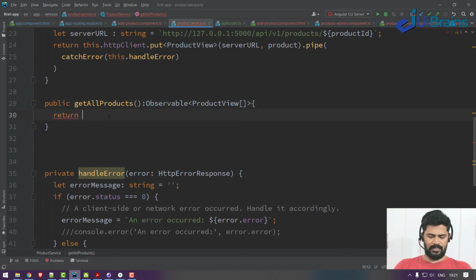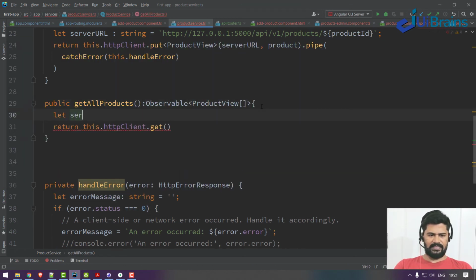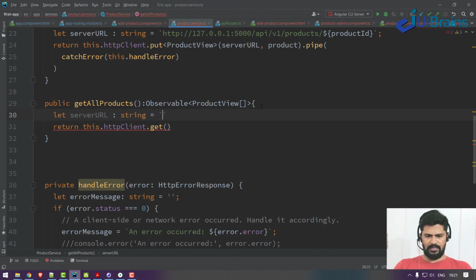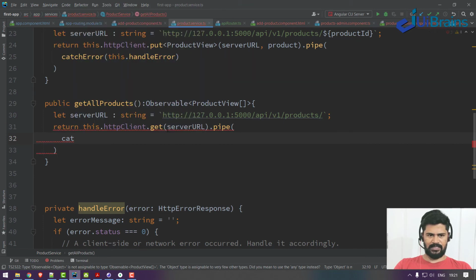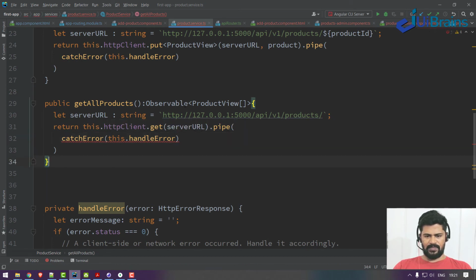Let's say return this.httpClient.get request to my server URL. Let's say serverURL of type string is equal to backtick. This is my server URL, so get request to the server URL, .pipe, in this catchError of this.handleError. And again this will return you an array of products.